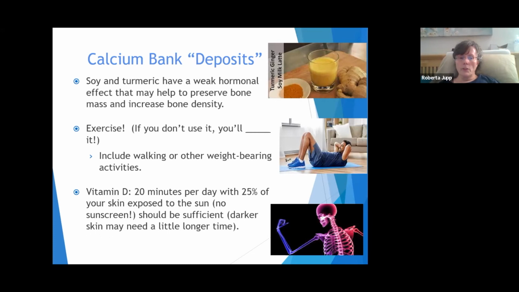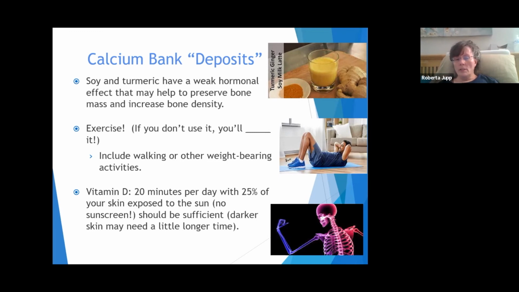A lighter skinned person might get all the vitamin D they need in 15 to 20 minutes a day. The darkest skinned person might need more like 40 minutes. So one good thing to do is also ask your doctor to check your vitamin D levels. And vitamin D and diabetes are so closely related. I see so many patients with diabetes and their vitamin D levels are so low, and their immune systems are really impaired. They get sick more often.